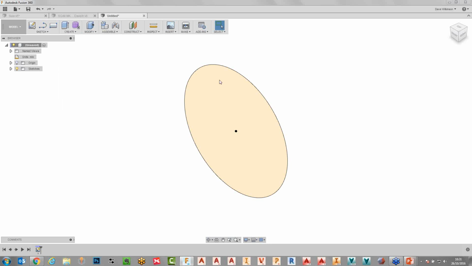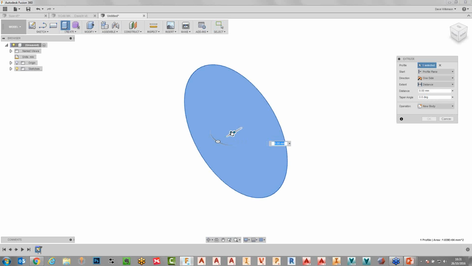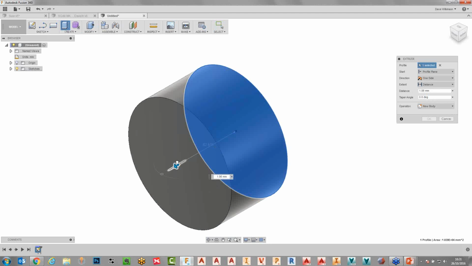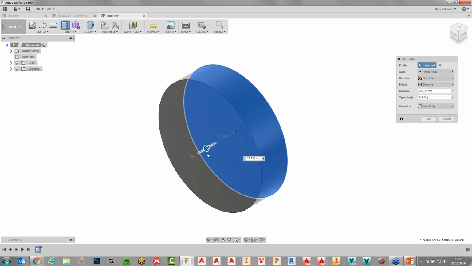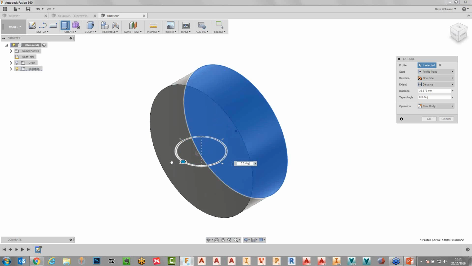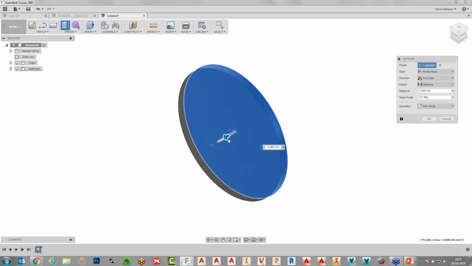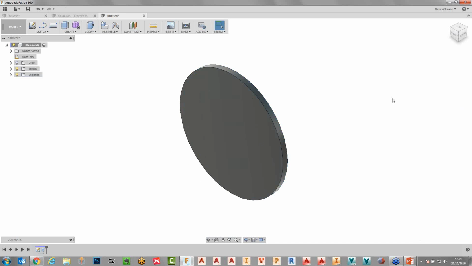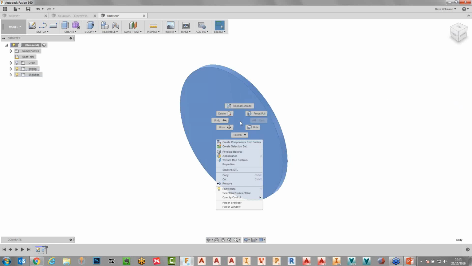So in here I'm now going to produce my first bit of 3D geometry. As you can see, as I do this, it's very visual, it's very descriptive on what it is I want to do. I can type in numbers, or I can be very free and just drag things around if I'm just dragging or creating early concepts, if you like. In this case, I'm going to produce a disk, and then I'm going to start using some of the other options within the menu. So in this case, simply